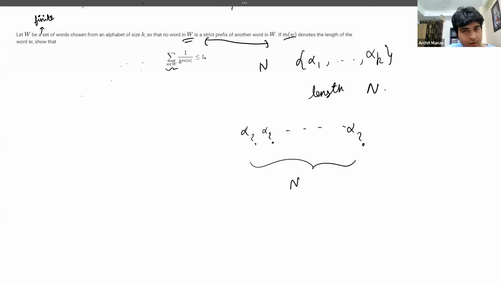Okay. So for those of you who know what tries are, this might seem familiar. And in fact, that is what we're going to work with. We're going to work with a try. But let's start at the very beginning. So what we're going to do is we're going to build a tree. Let's say the root is the empty string,